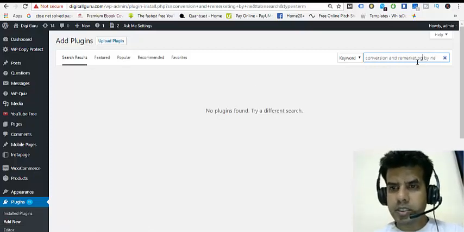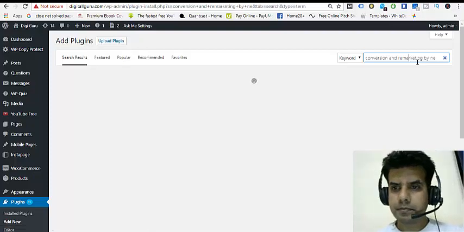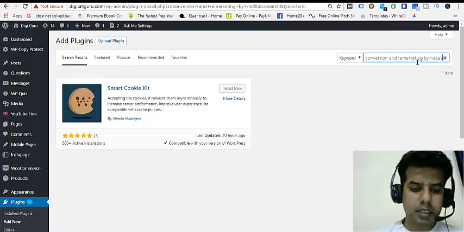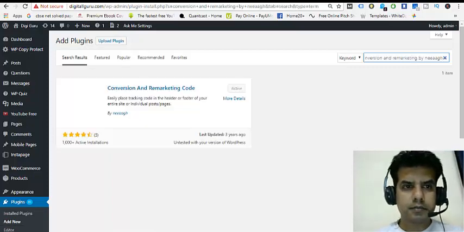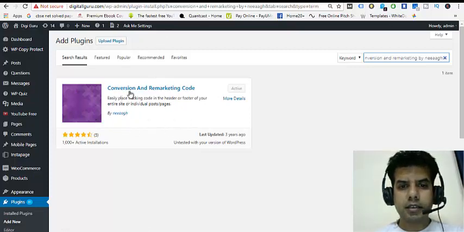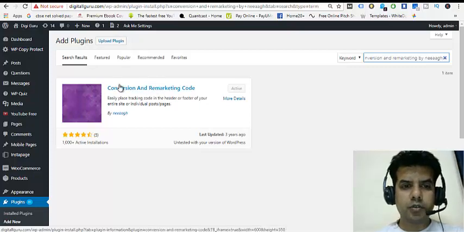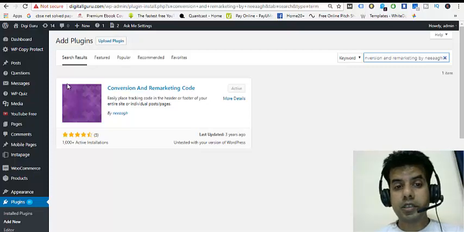Oh, I made a spelling mistake. It has to be M-A-R, by N-E-E-A-P-H. Fine, here we go. So this is the plugin that we'll be using in order to install that pixel. Now, as I have already installed it,